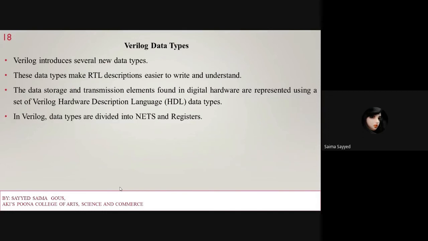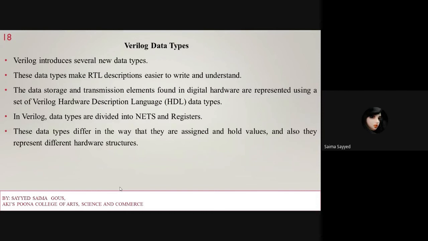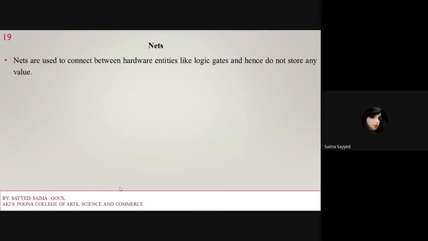Verilog data types are mainly divided into two types, nets and registers. They differ in the way they are assigned and hold values, and they also represent different hardware structures. First we'll see what nets are.